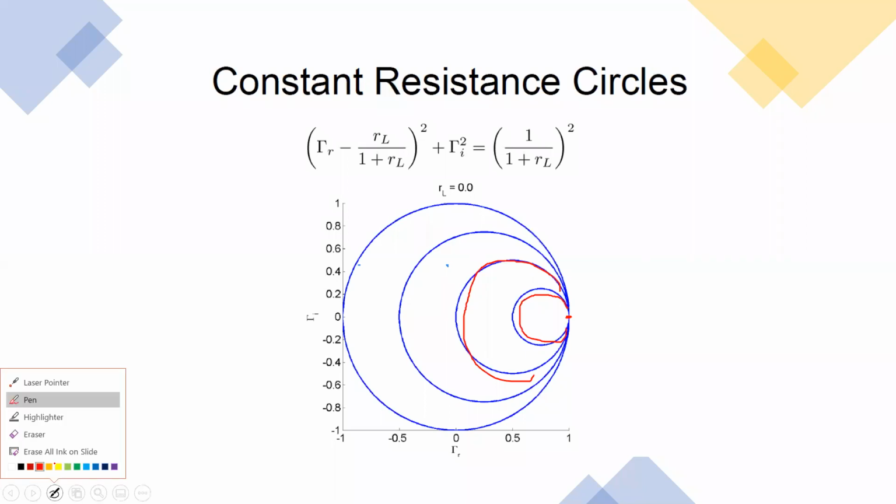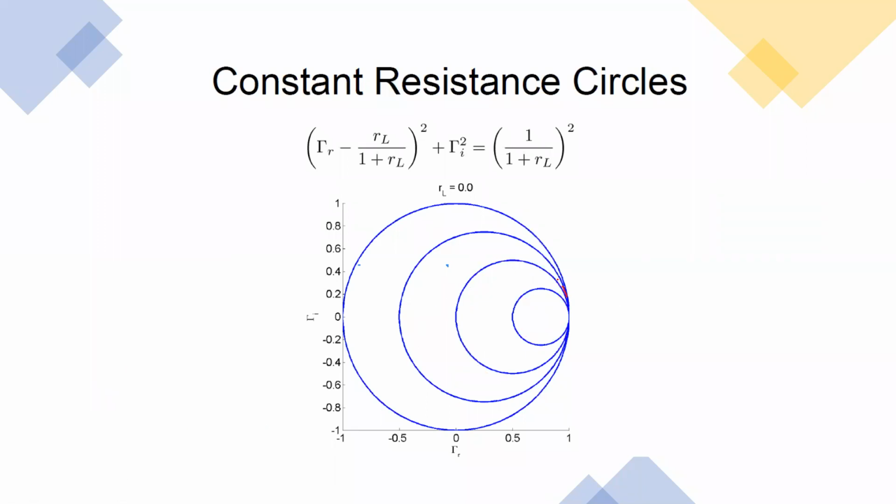If I consider this one, it is associated with the resistance parameter. Just as an example, say it is 0.5 ohm. If this is a circle, all the values on it will be 0.5, resistive. So what is its use? Later we'll check it out. So these are the resistance circles.